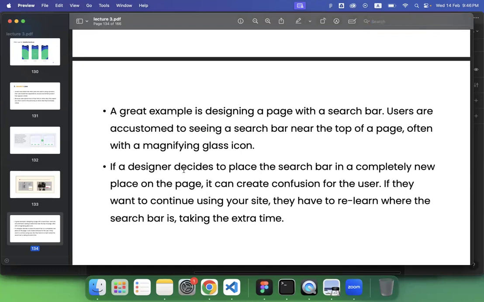If a designer decides to place the search bar in a completely new place on the page, it can create confusion for the user. If they want to continue using your site, they have to relearn where the search bar is, taking extra time. So users, actually, if you read the statistics, if you implement software like Google Analytics in your website,